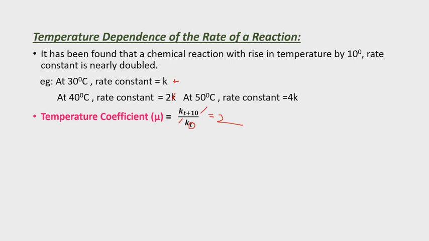We will get 2. Next, note: as the rate increases, the rate constant increases, and vice versa. That means as the rate constant increases, the rate increases. You can see in many numericals they generally say rate increases, but generally we take the rate constant. Otherwise, if the rate constant increases, the rate increases. These two terms are interconnected. As the rate increases, automatically the rate constant increases.